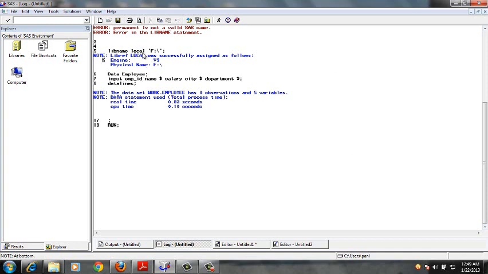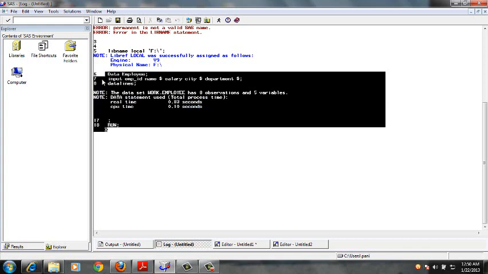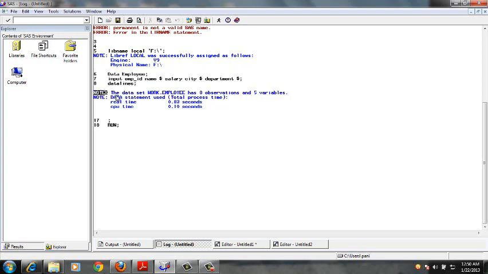We discussed it in the first lecture itself, but my logs for this particular run start from here. This is what I ran. In the note, it says that the data set work.employee has 8 observations